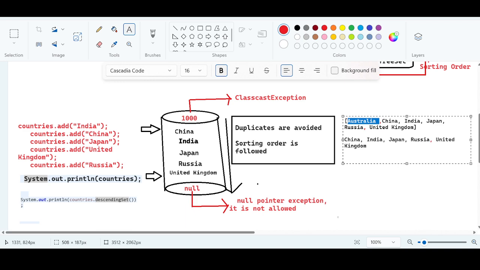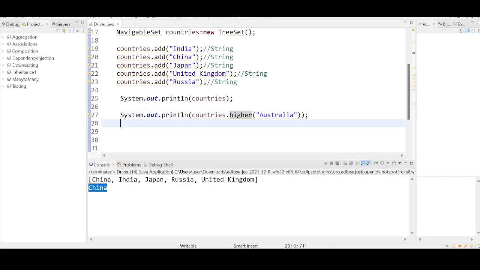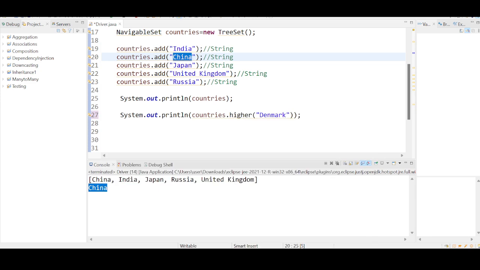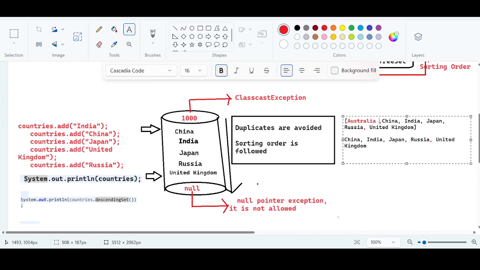Likewise, let us do an experiment with a country like Denmark. First you try to identify, is there any such country like Denmark? We don't have Denmark in the object. We have China, India, Japan, Russia, United Kingdom. So we do not have a country like Denmark. Yes or no? If there is such a country like Denmark, it is going to occupy the position after China according to the sorted order. Definitely it is going to occupy here,